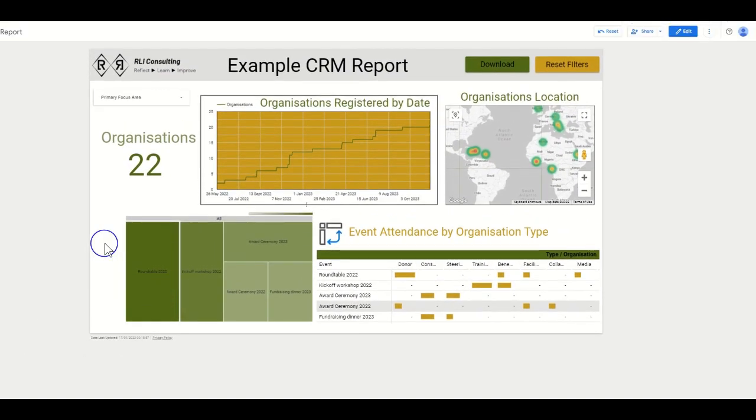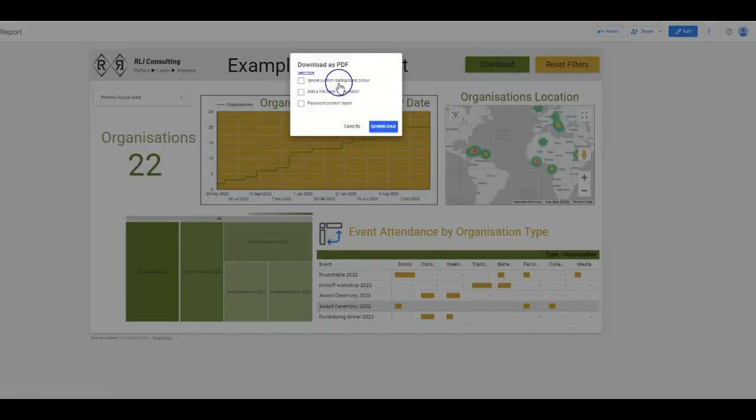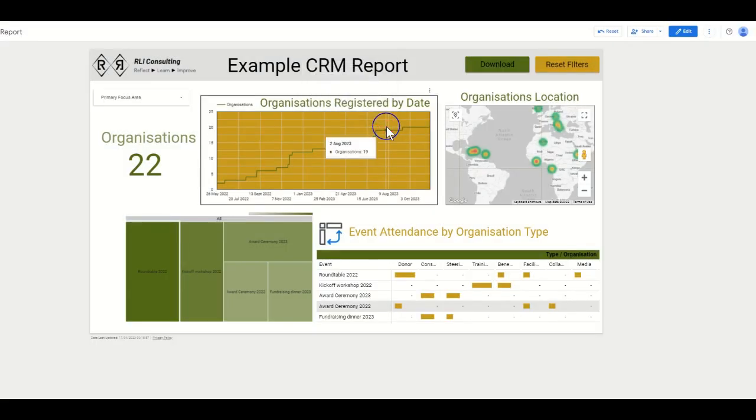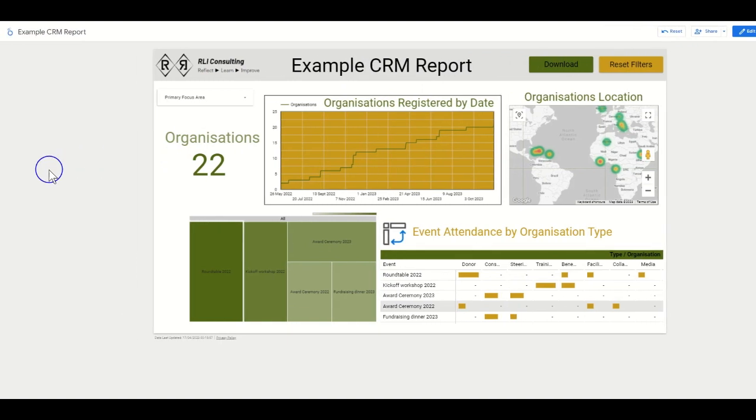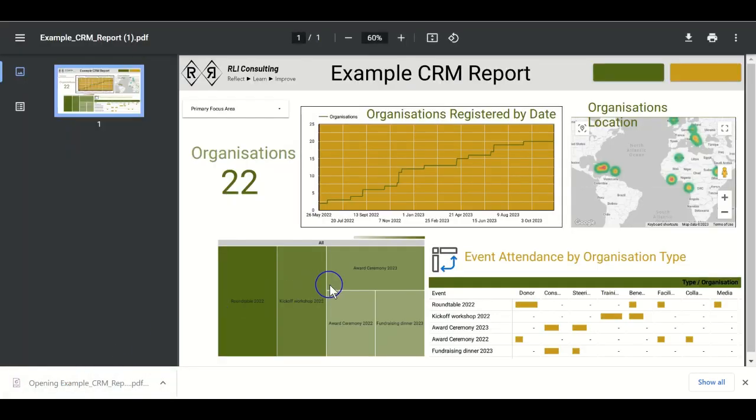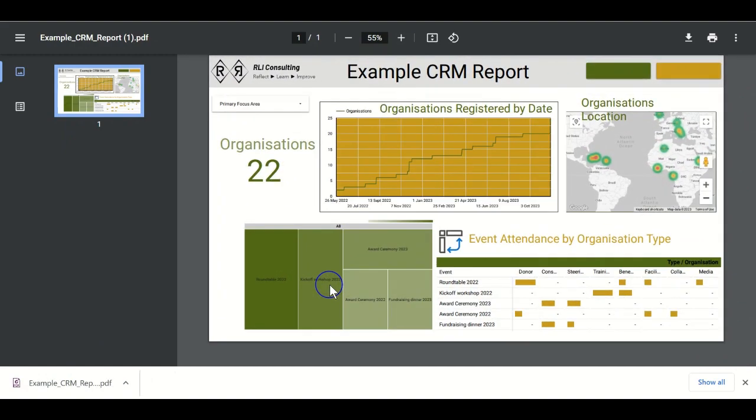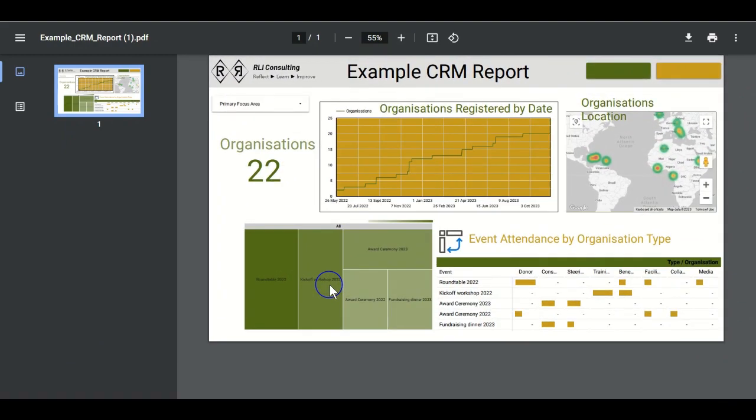You also, if you want to include your dashboard in a report, you can click download. There's various different options. You could password protect the report, etc., but I'm just going to download it. That should start working and give me a jazzy report. Yes, there we go. So it'll take a few seconds, and I'll just open that, and there we go, and that's downloaded it as a PDF. So this is the PDF viewer, and obviously you can now include that in various different